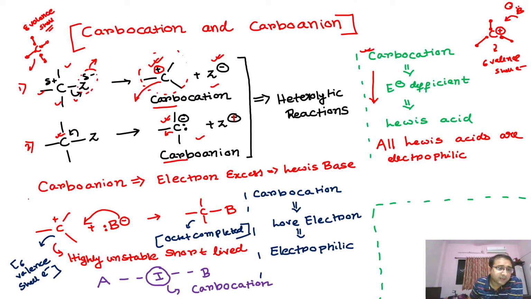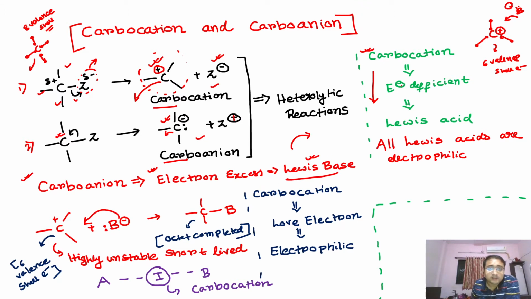Okay, on the other hand, in the case of carboanion, these carboanions are electron excess because they have one negative charge over them. So they always try to get rid of that excess electron by donating it to other species. According to the definition of Lewis base, a Lewis base always tries to donate electrons to others. The same thing occurs in the case of carboanion. Carboanion, as it is electron excess, will also try to donate electrons to others. So these types of carboanionic species are nothing but a type of Lewis base.